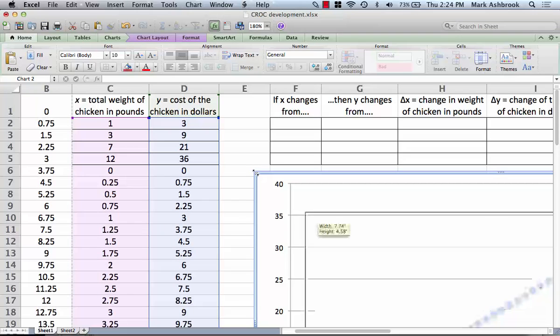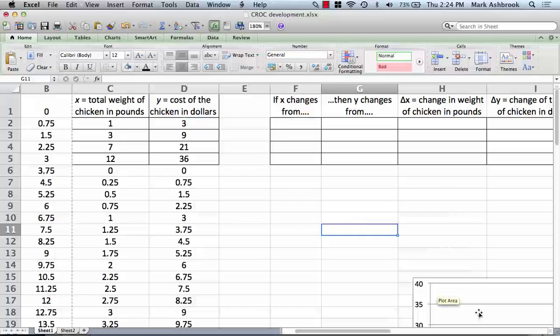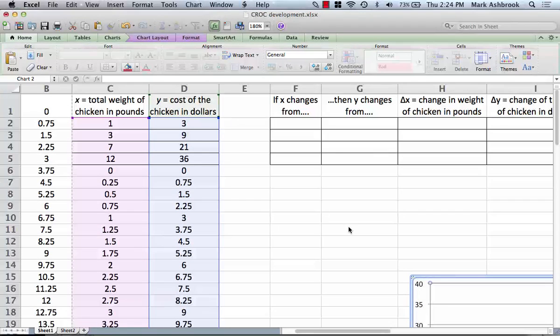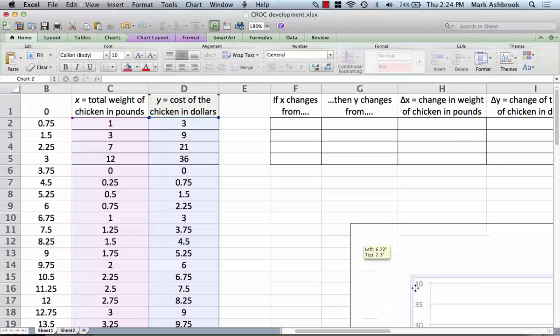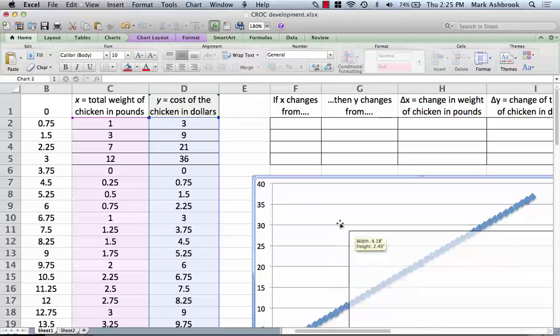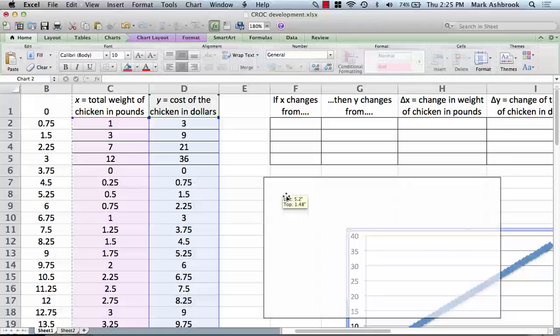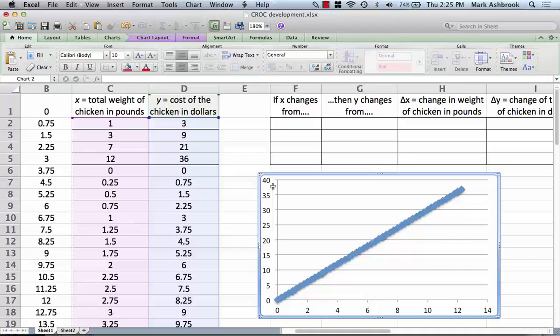So I made that too big. Darn it. There we go. Okay. So usually